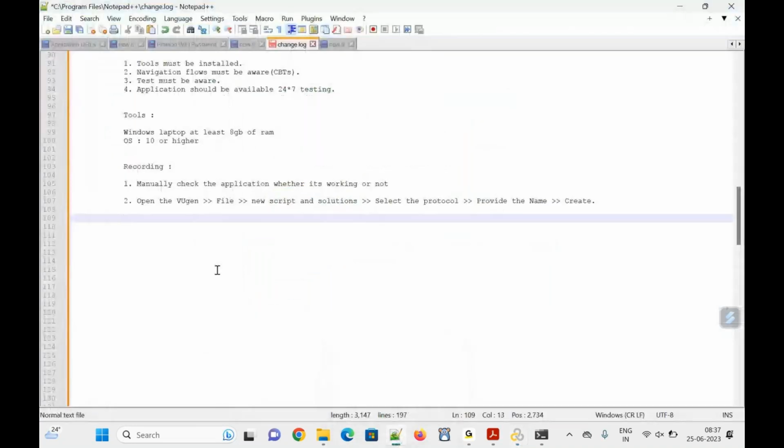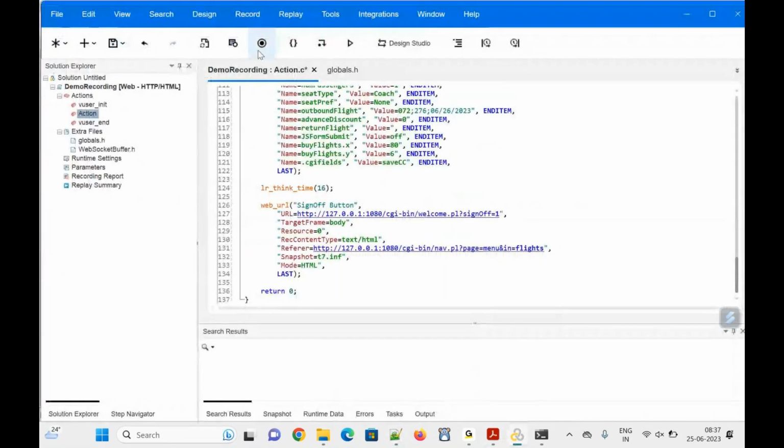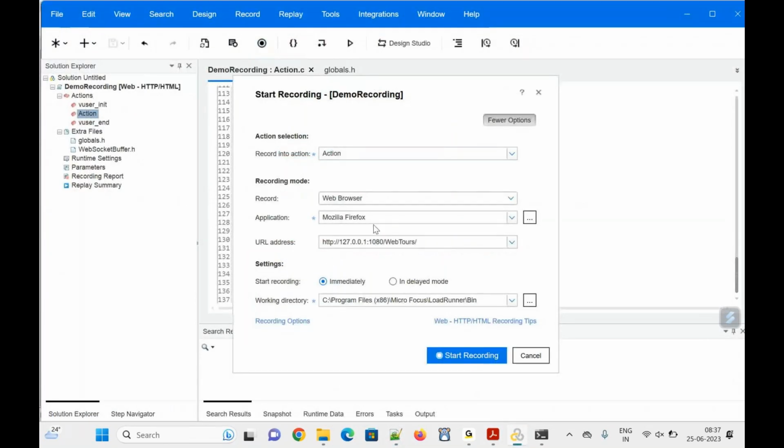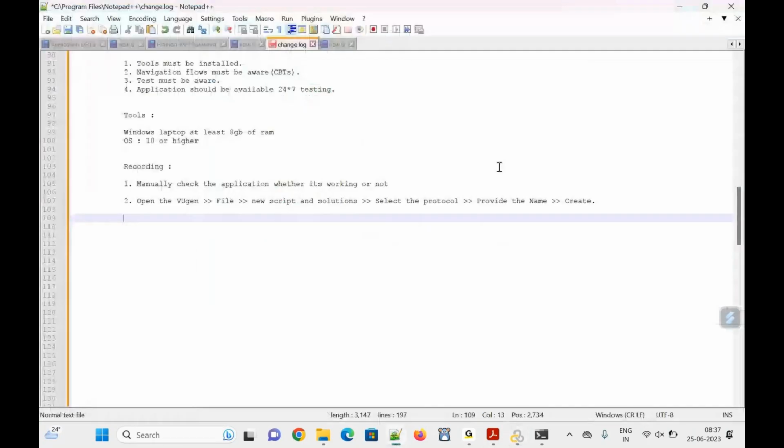After creating, the next steps are: if you click on record button, then you select a browser and you provide the URL. Those steps I'll write. Click on record button, then select the browser, provide the application URL, then click on start recording,